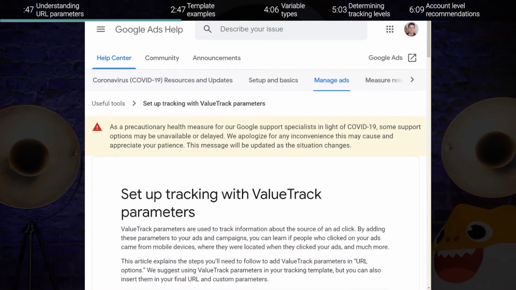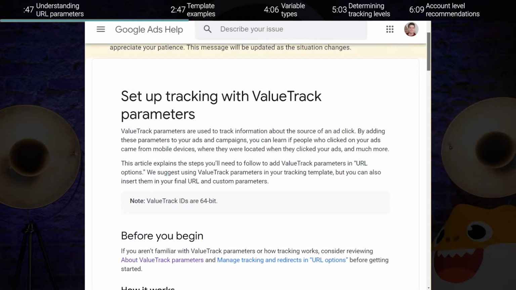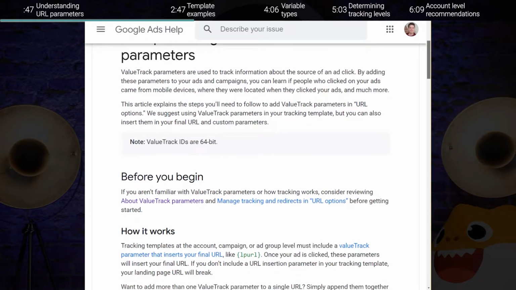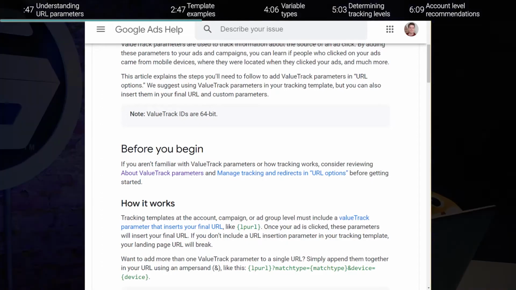So on this page, you'll see some basic information from Google about how to set up tracking with value track parameters. Like I said before, value track parameters are just a set of pre-configured variables you can use in your tracking template. Before we dig into that though, let's take a look at the anatomy of one of these tracking templates. In this basic example that Google is sharing here, you'll see what kind of looks funky, but basically boils down to a landing page followed by a set of URL parameters like we talked about before, with 3 specific